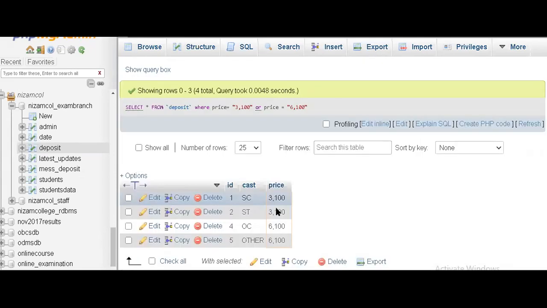See, now I got the OR. So using the OR operator, I got this. Then from this, I want only SC people.